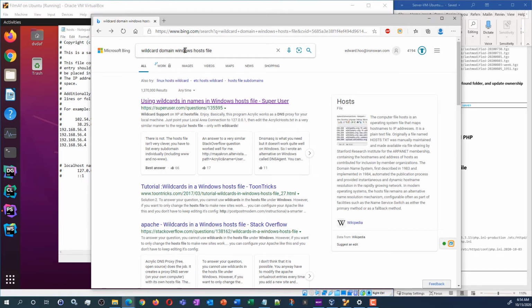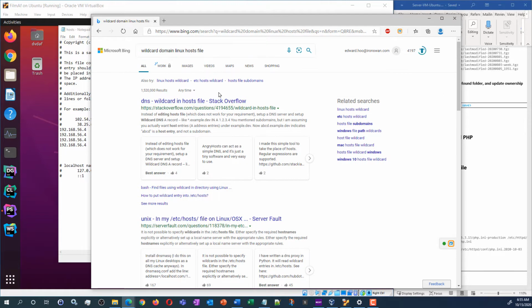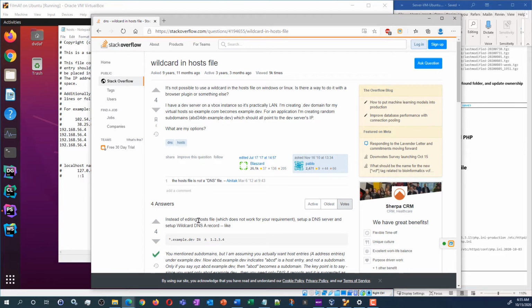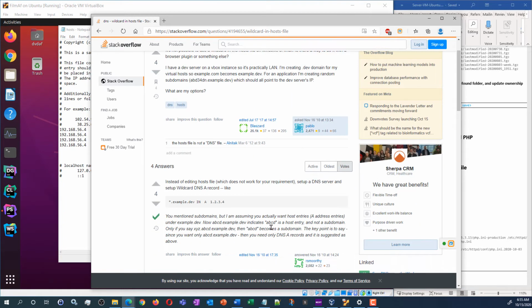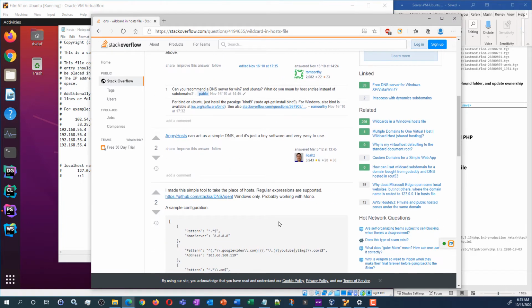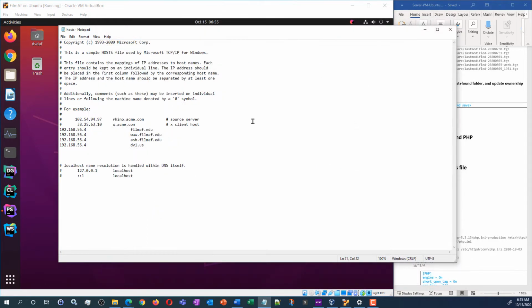Wildcard domain, Linux host file. I guess the answer is no. So there are ways to do wildcard domains, but you need additional software, additional configuration to do both in Windows and Linux, apparently. Okay, so let's stick with our